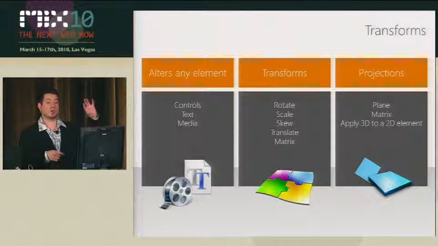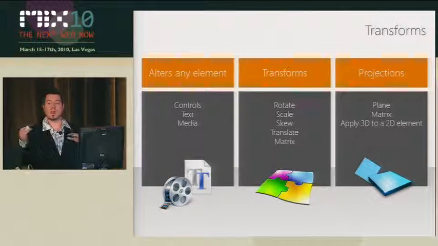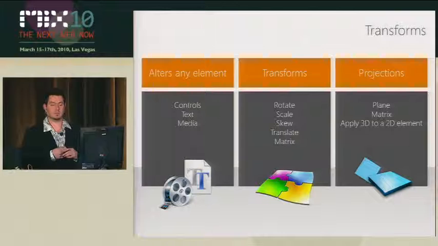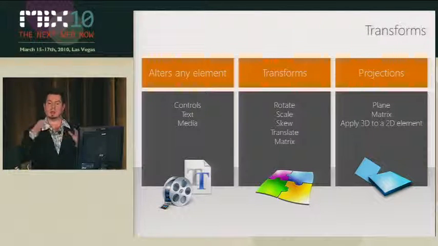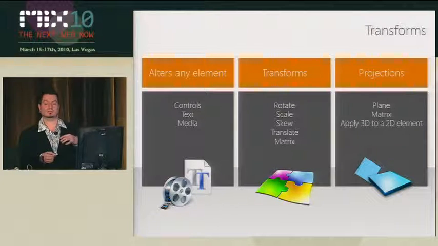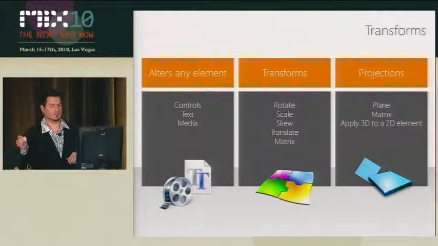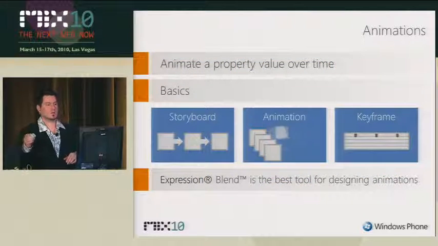Transforms, they can rotate, you can skew, you can scale, you can translate. If you know your math, you can create your own type of transform and shove it into a matrix. And then there's projections. Everyone seen in the Windows Phone demonstrations how pages will flip in and out like a stiff page in a book? That's done through a projection. A projection is how you get 3D on a 2D element. So those are good,